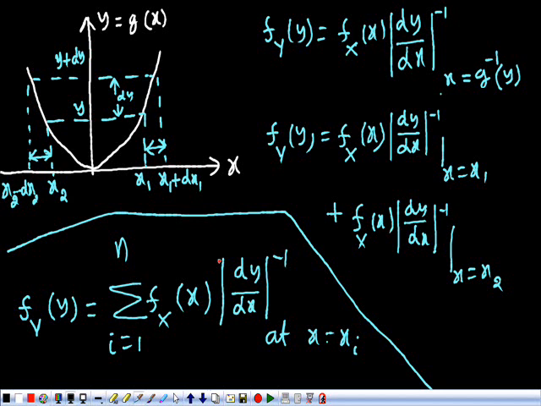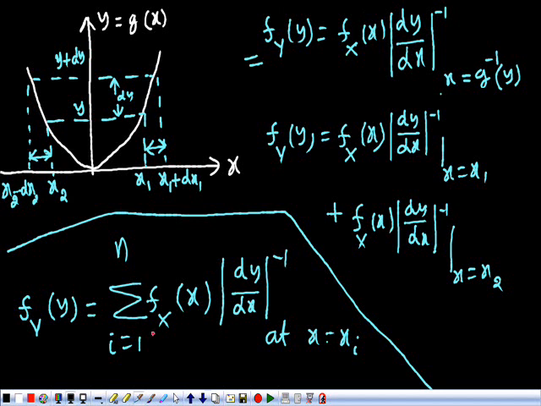We consider the simple monotonic case, monotonically increasing and monotonically decreasing cases, and then we consider another case, non-monotonic. So in all these cases, the relationship between the fy of y and fx of x is same. But in the case of monotonic case, for a single value of y, we have a single value of x. But in the case of non-monotonic, for a single value of y, we have two different values of x, or more than one value of x. That's why we need to evaluate this at all values of x.